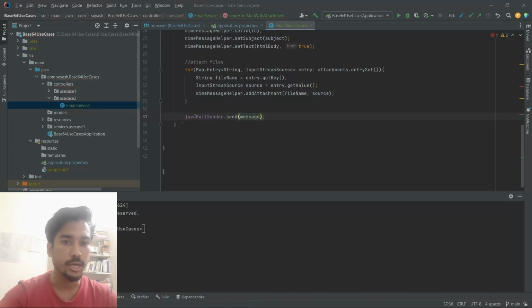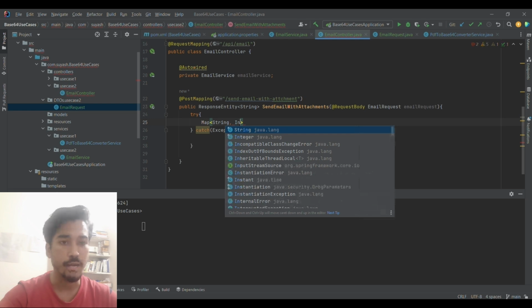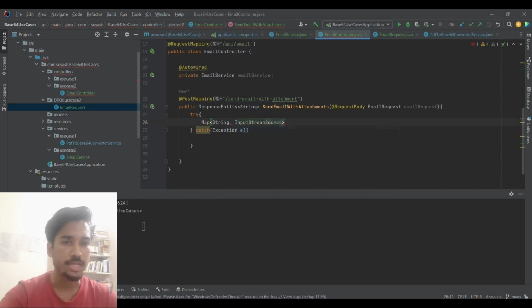Now we need to create the API endpoint for it. So I have headed back to the email controller, and inside this method that I've created called send email with attachments, I'm going to create a map of string and input string source key value pairs, and I'm also going to call this attachments for now, and I'm going to initialize a hash map with it,